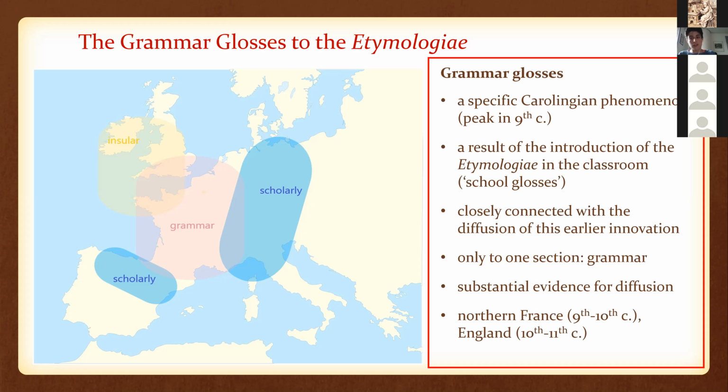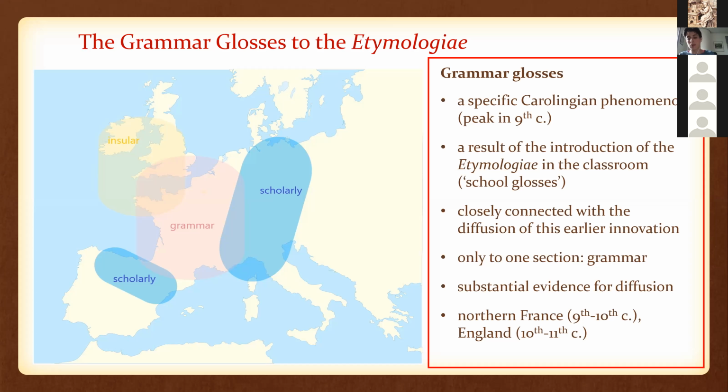This may have to do with the fact that schools were an important channel of transmission for this material, but there were probably also other kinds of channels and networks involved. Probably they were also copied in scriptoria. And one of the questions I would like to try to answer with the use of network analysis is